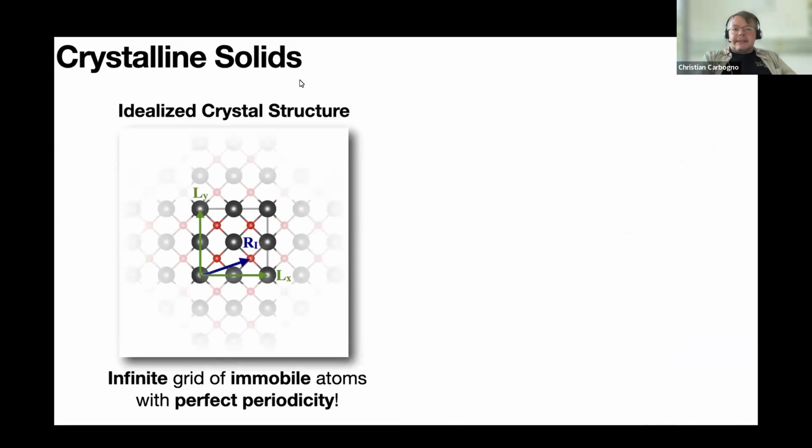How do we discuss crystalline solids usually? Usually we think about what I call an idealized crystal structure, something that is very symmetric, and we describe that by a unit cell that is shown here in green, and the unit cell itself is described by lattice vectors. And then you have all periodic images, all copies that are exactly equal to this unit cell around this one. So that spans really the whole space.